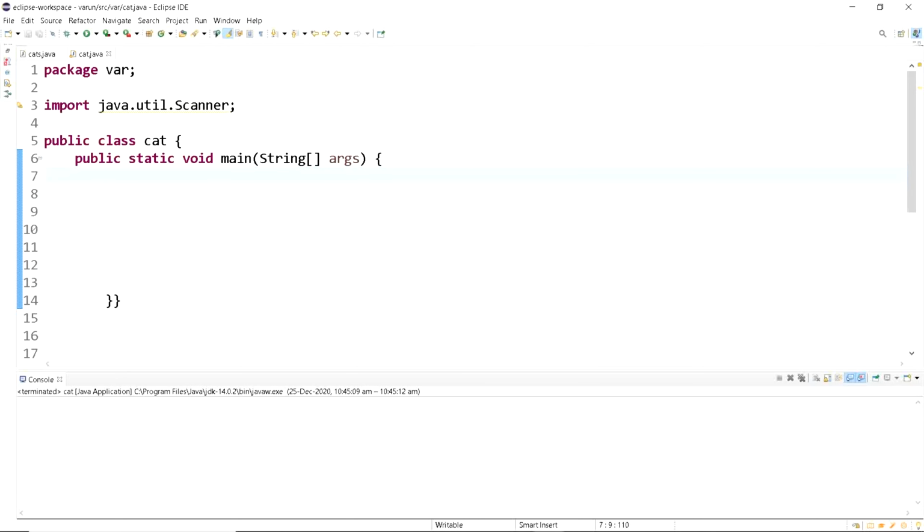Now we will write a program where we can access all the elements of a multi-dimensional array using a for loop. For that we first need to create a two-dimensional array. int a equals, we create a very simple array: 1, 2, 3, 4, 5, 6, 8, 9.